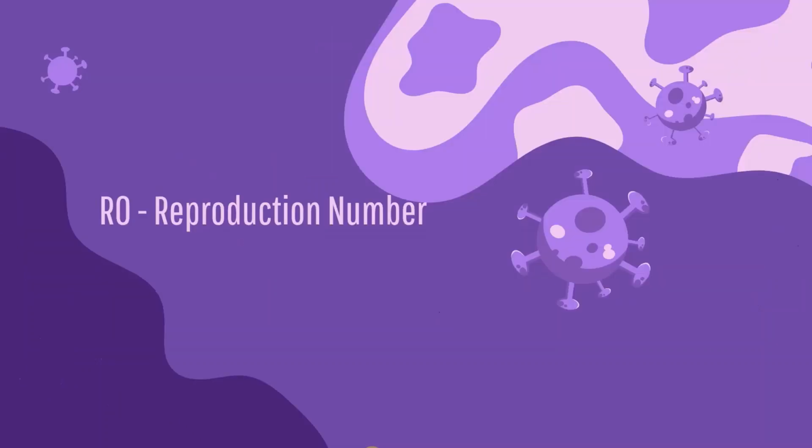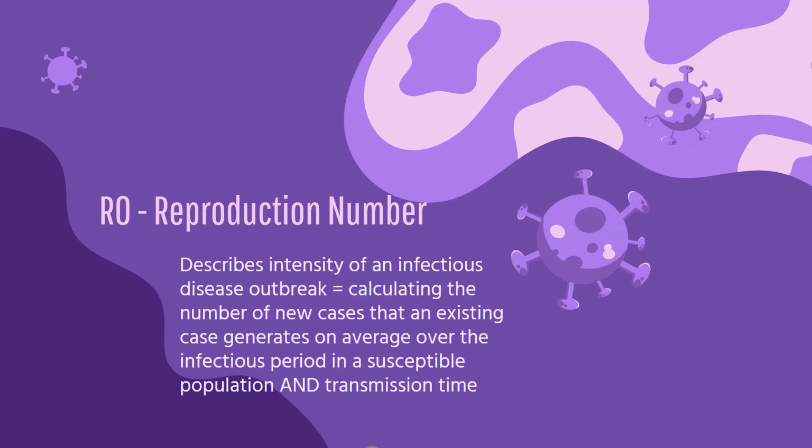However, even after learning about such prediction methods, I still want to know how scientists are able to quantify the spread of such diseases. This is when I learned about R-naught. R-naught remains a valuable epidemiologic concept, which describes the intensity of an infectious disease outbreak by calculating the reproductive number of that disease, or the number of new cases that an existing case generates on average over the infectious period